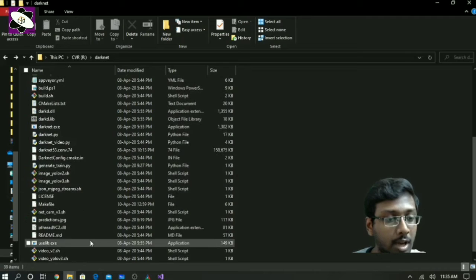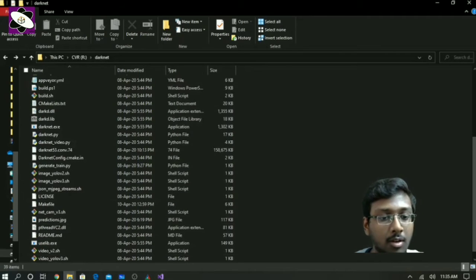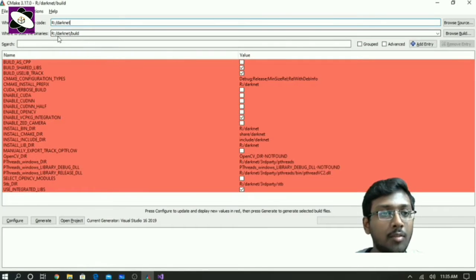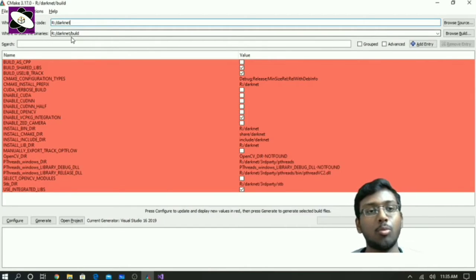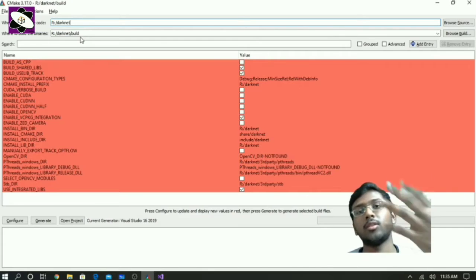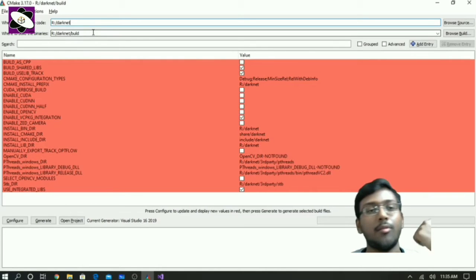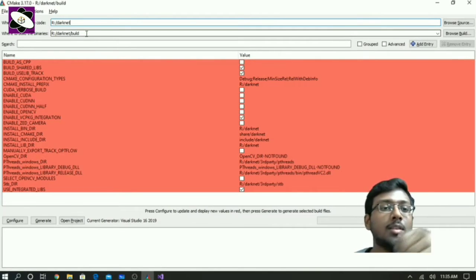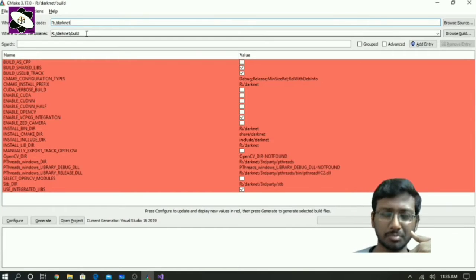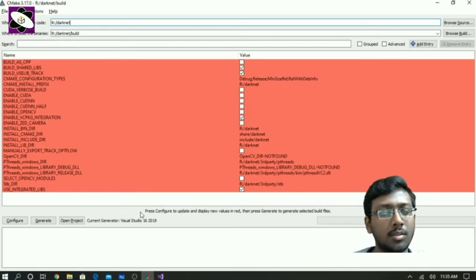So this is a framework actually, and again we need to feed this data to CMake. We will use the source as this one, and for binaries, we need to store them as we did for OpenCV. And again, OpenCV we have, so everything like video, image feed, and webcam feed will be used directly. That's why I said to build OpenCV from source, from scratch. So yeah, this is the directory where we are going to store it. Again, in this binary we need to have some information.